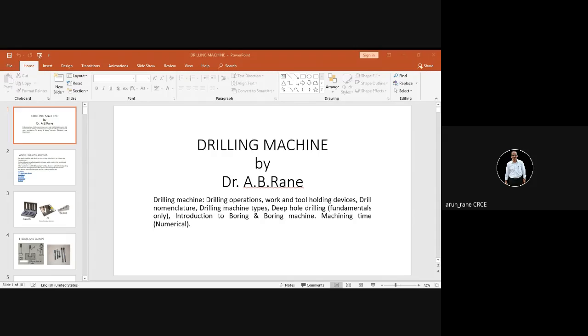Cutter diameter is 30 mm. Then length to be machined is 200, that is L is equal to 200. Cutting speed V is equal to 25 meters per minute. So find out the machining time to machine a length of 200 millimeter. Just try.